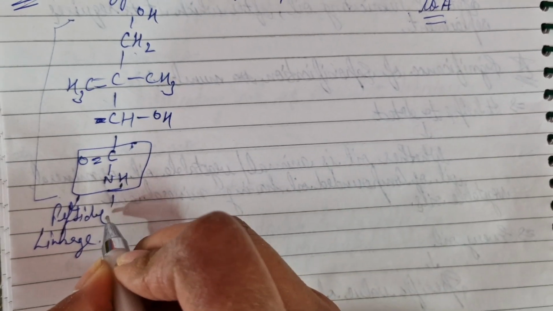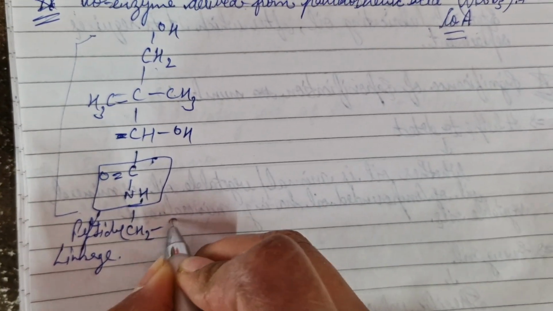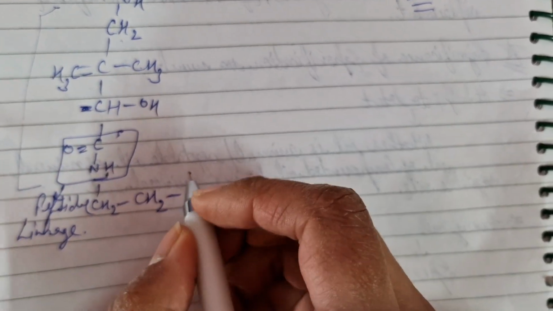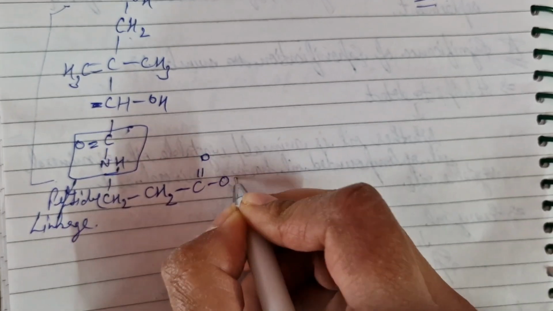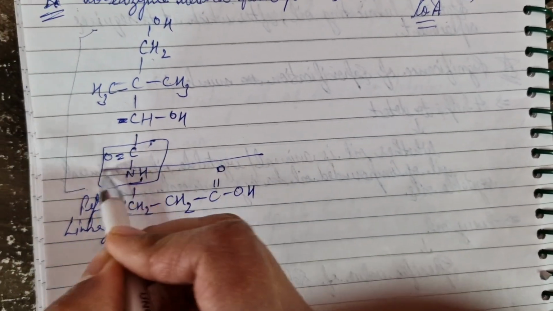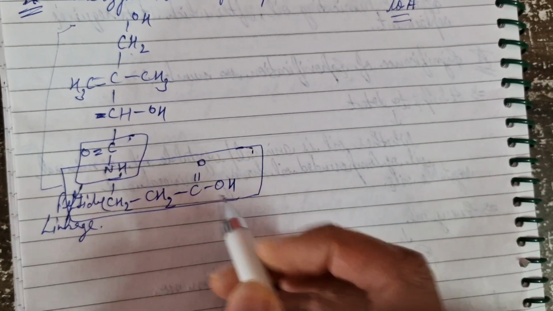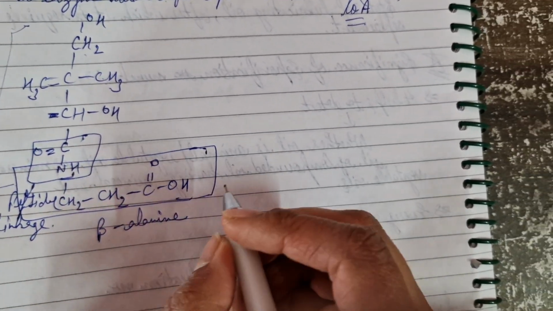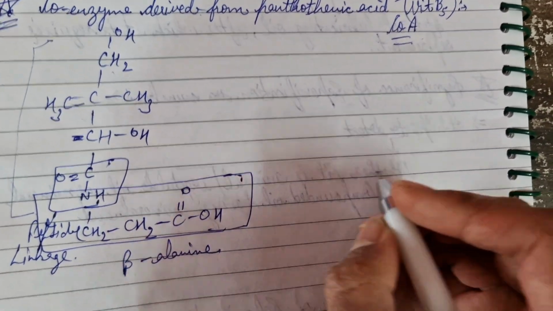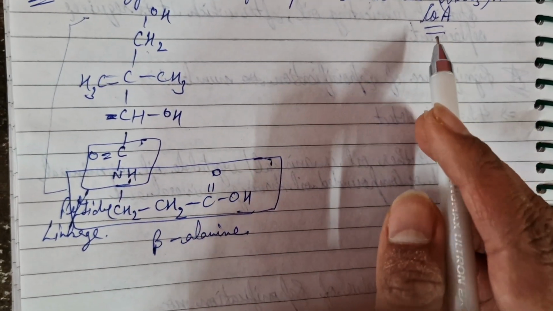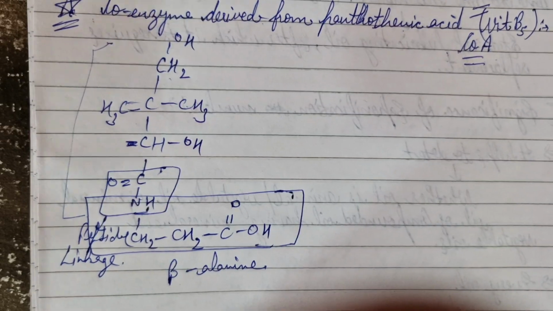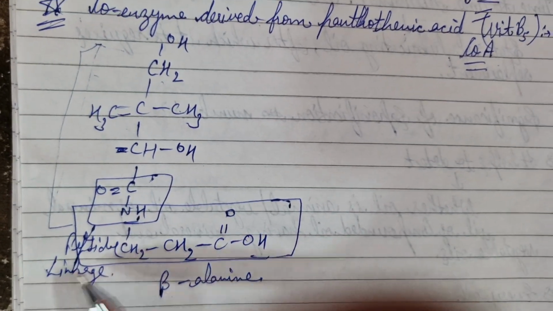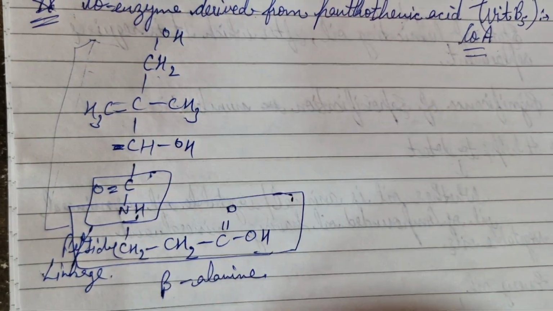Now this molecule is associated with beta alanine, which is as follows. Here this portion is termed as beta alanine. Now for the formation of coenzyme A, this structure, which is known as pantothenic acid, combines with cysteine